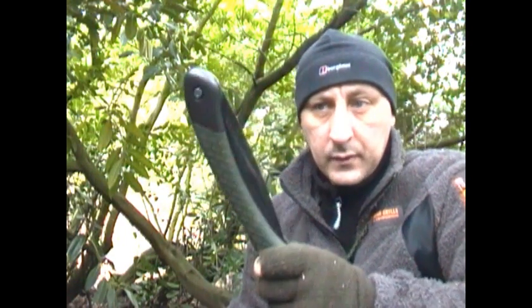I've come back to the wood that you saw in my last video to see what I can knock up out of this cane that I found that time. I've cut down six lengths of it, well, I sawed down six lengths with my Laplander. They're around six foot lengths, so I'm going to see what I can knock up in the next hour or so. I've got a couple of ideas of some of the bits I want to have a go at making, so I'll get back to you once I start cutting them to the sizes that I want. All I'm going to be using is my Laplander